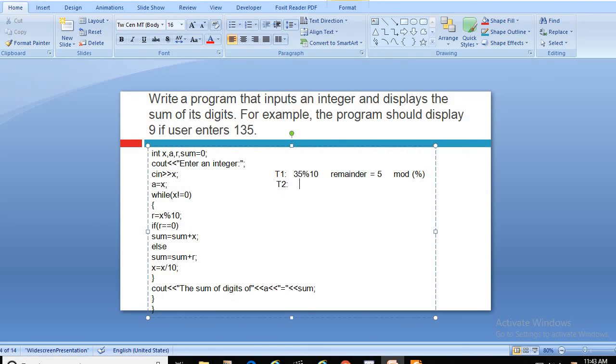It is 3 times. 10 3s are 30. If we are going beyond the 3 value, means 10 4s are 40, it increases. It goes beyond the limit, beyond our value. So its value is what? 10 3s are 30, means 3 will be